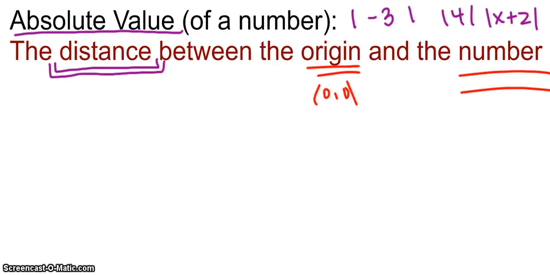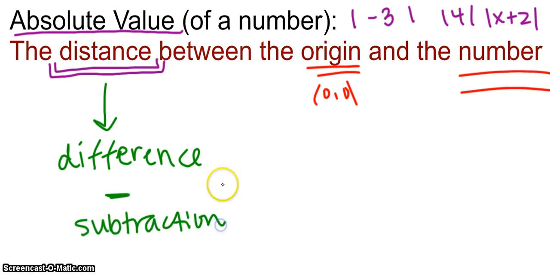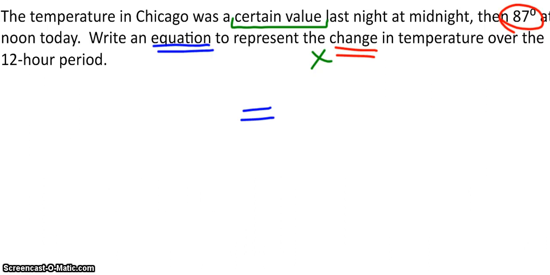So another way to think about distance is to also consider the word difference. Difference between where you started and where you ended up. So distance, difference, and we know that difference in mathematics means subtraction. So all these things are kind of intertwined. So going back to our problem, we want to talk about the change between our certain value, which we said was x, and our 87 degrees that was provided for us. So there's our difference, right? And that represents our